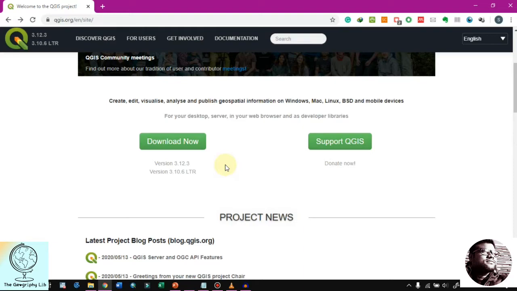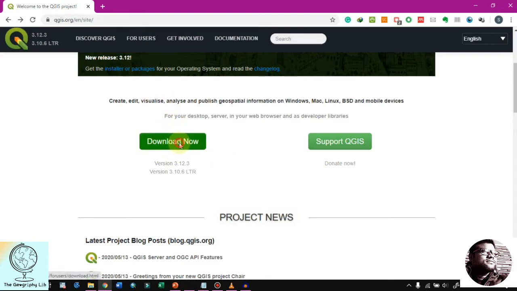The latest release is the monthly development of QGIS, and the developer version is actually for software developers. So from there you can download.